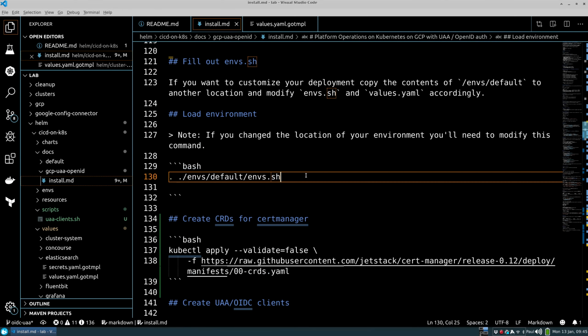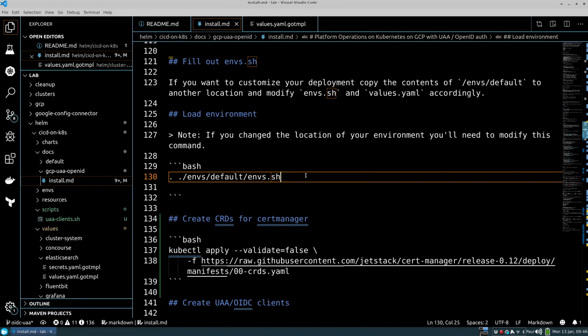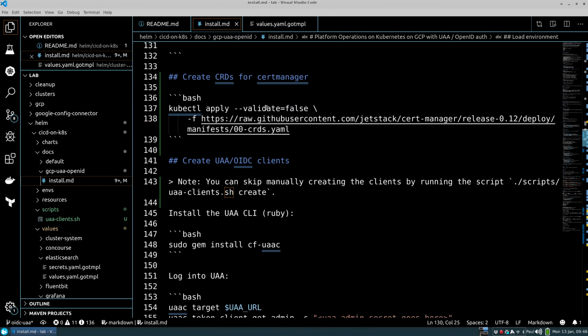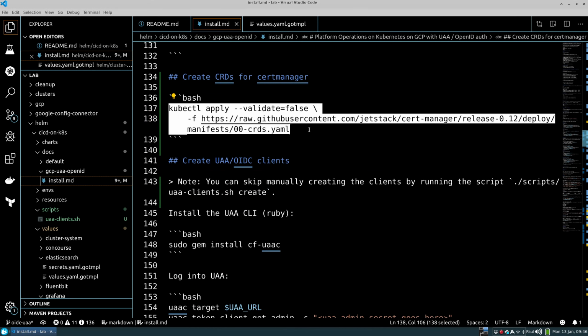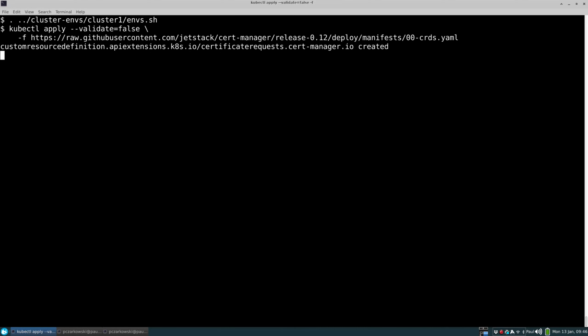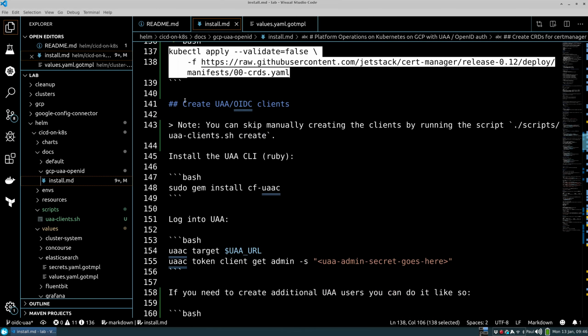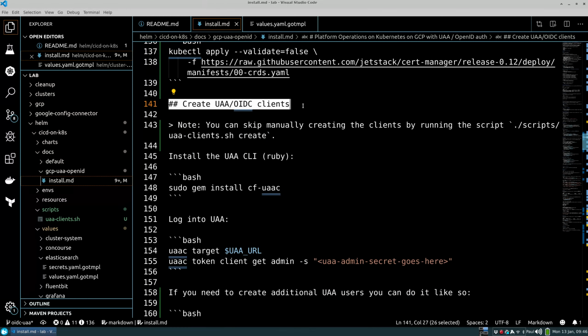So I need to load my environments, so let's do that. Cluster 1 env. So that's now got all my customization for this cluster loaded up as environment variables. I have to apply some CRDs for Cert Manager, so let's go ahead and do that. While that's running, next, each app needs a client for